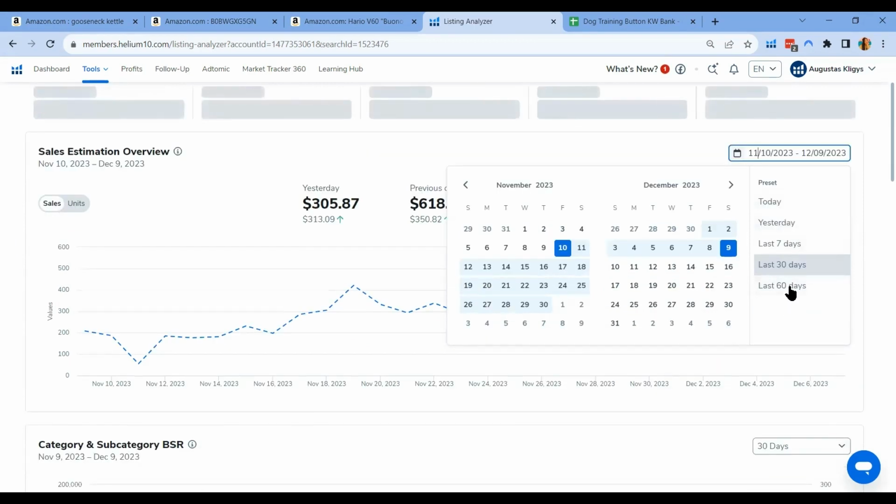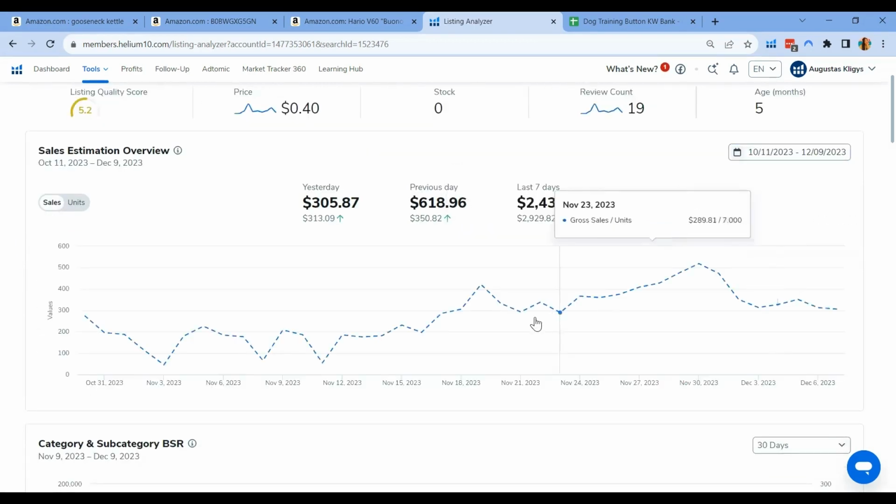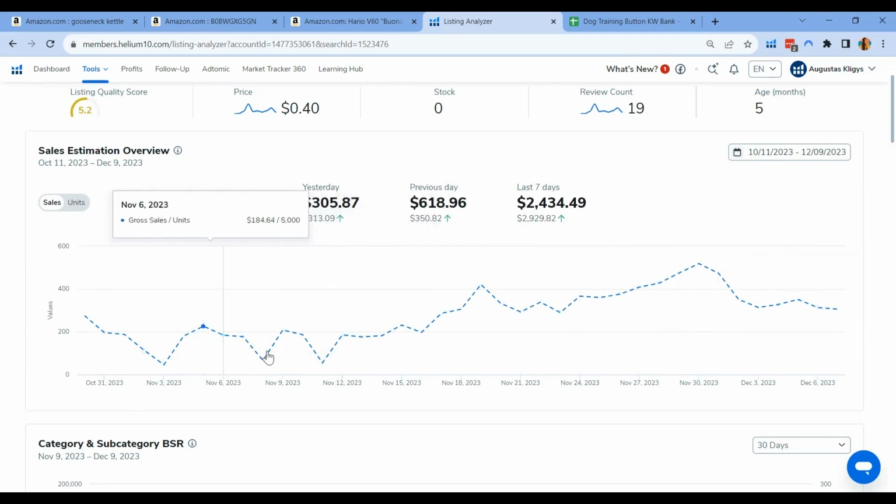We can check it as well for the last 60 days. So you'll be able to see when to take action. For example, here on November 8th, the sales went down to 2 only. So I would like to take into consideration what happened here. If my other competitors were offering some coupons, or I will check their ratings or reviews.